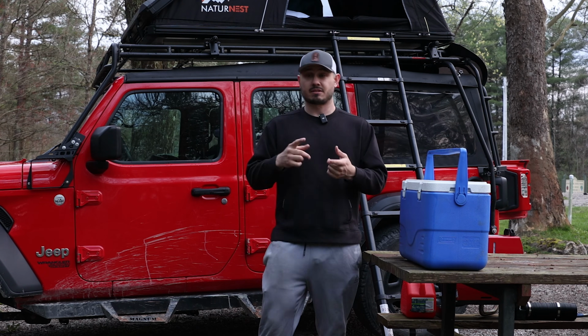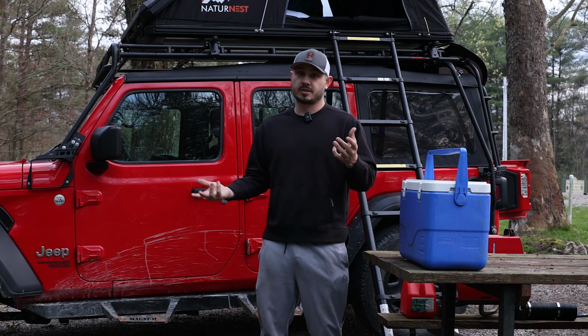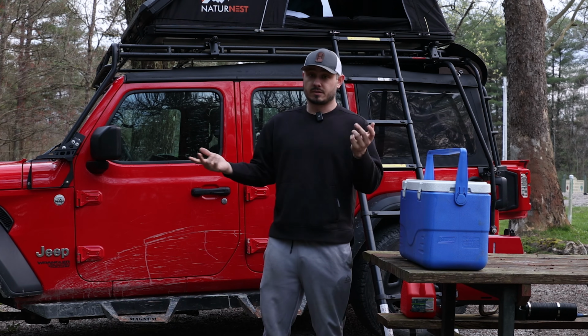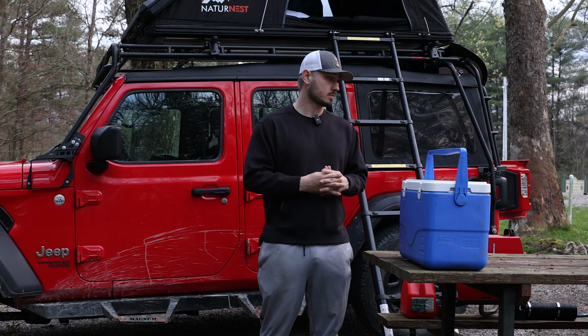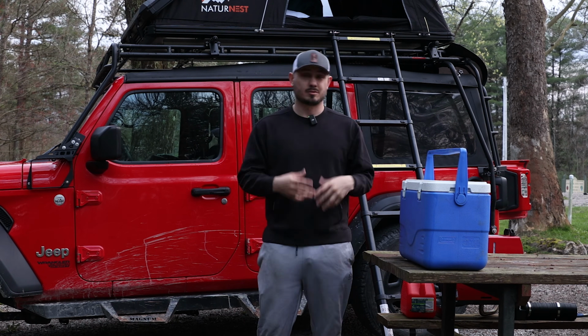But yeah, lights are definitely, I would say, a necessity just from a safety point of view. That is mostly because if you're wandering around a campsite at night, like this one in particular, there's no lighting here at all. So having lights is going to be a necessity as it gets later, just to make sure I'm not tripping over stuff while I'm walking around, or just to keep animals away and whatnot. So definitely bring those. Probably not a 100% necessity, but